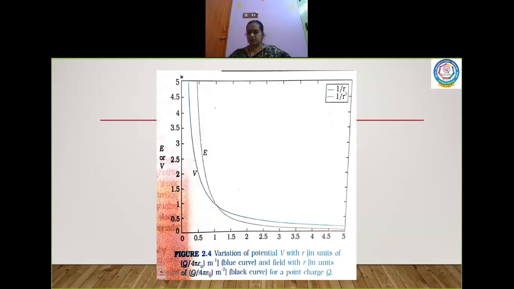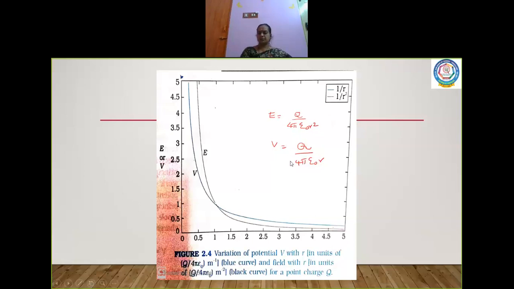Now there are two formulas. What is the electric field due to a point charge? The electric field due to a point charge is E is equal to Q by 4 pi epsilon naught R square. This you have read. Okay. Now what is the potential due to a point charge? Here again it is Q by 4 pi epsilon naught R. We are going to compare this now. Look at the graph. Now the potential graph, this is what we read now. V is equal to Q by 4 pi epsilon naught R. This we have already read in the first chapter. I am going to compare this.